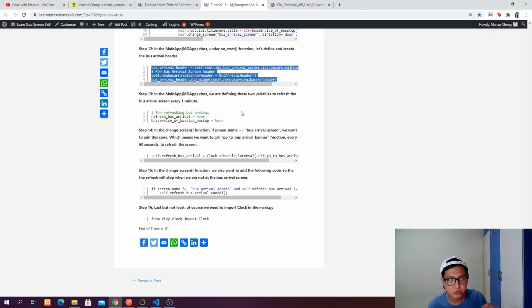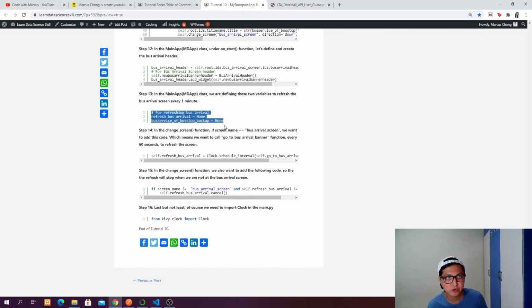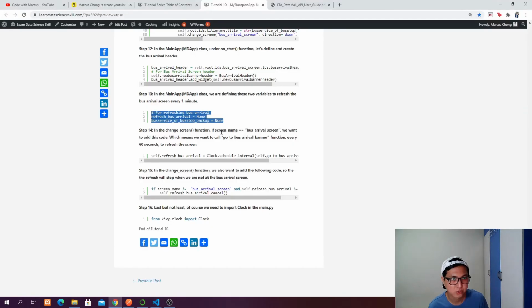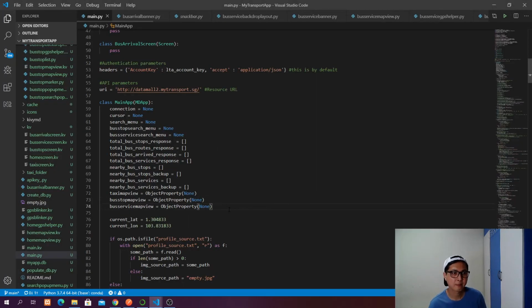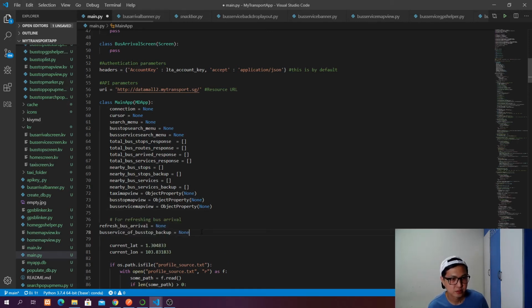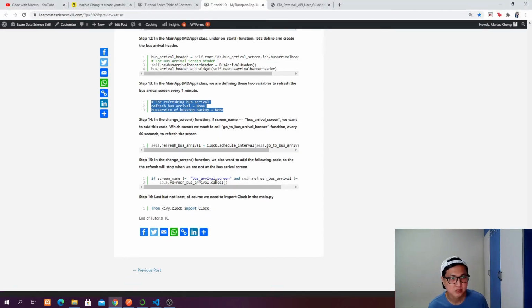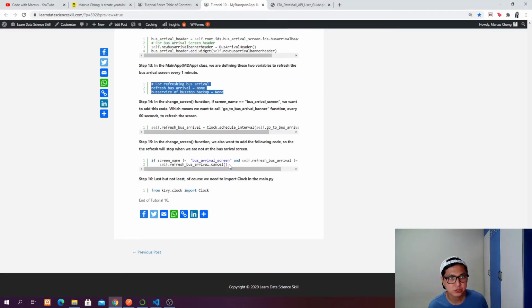Okay, now I want to explain about refreshing. So in order to refresh the BusArrival screen every 1 minute, we first need to declare this variable. Okay, we have two variables that are initially declared as none: refresh bus arrival, and bus service of bus stop backup equal to none. Okay, so in the change screen function,